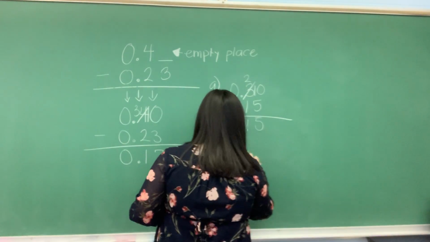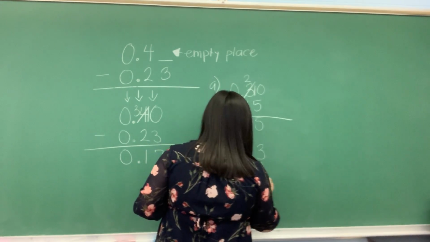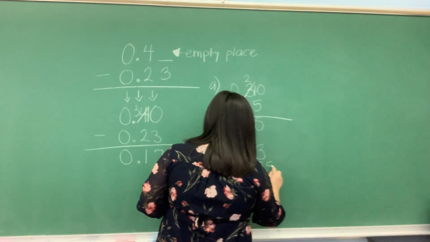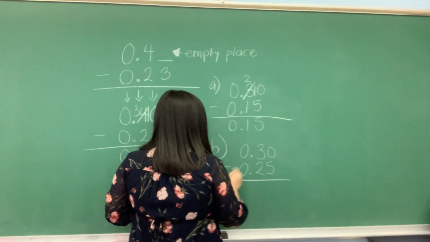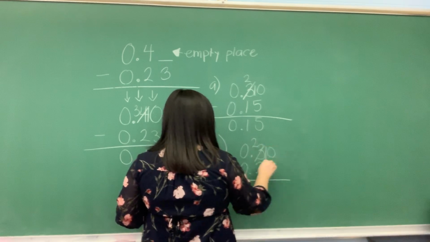0.3 minus 0.25. I can just put a 0 here and subtract. 0 minus 5. Go ahead and subtract from here. All right, 10 minus